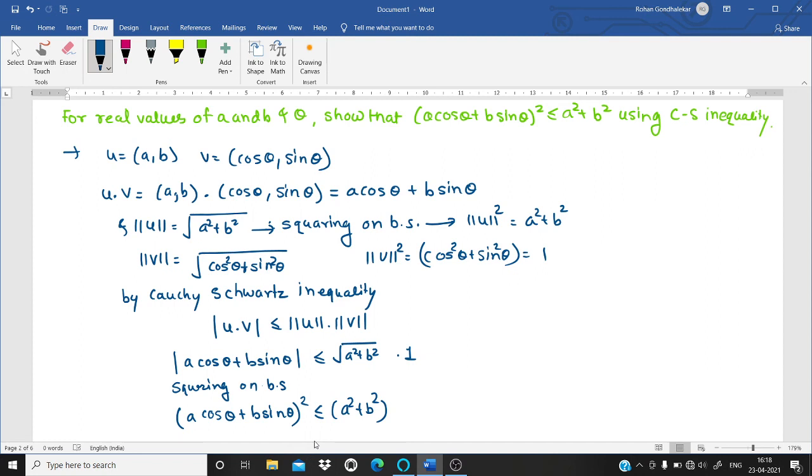So you can define n different problems based on the Cauchy-Schwarz inequality. If you just look at the previous year question papers, you may find a question on this topic. So you can prepare it very well. So we'll meet in the next lecture with some interesting concept from the same module, that is vector spaces. Thank you.